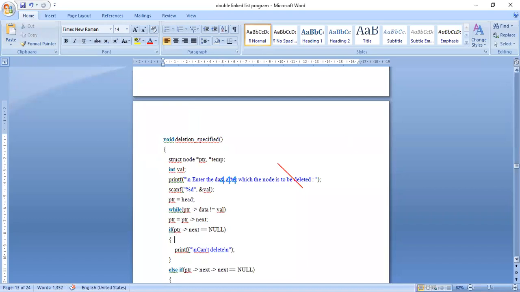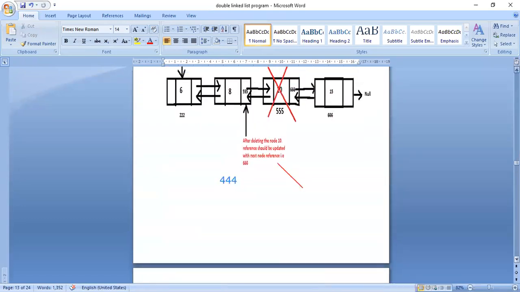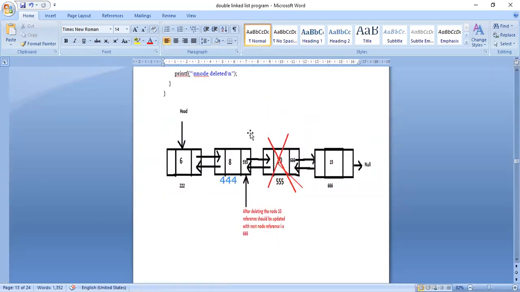For example, here you can see the diagram. For example, ptr is equal to 8. We have traveled from head.